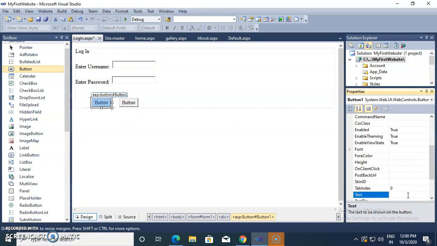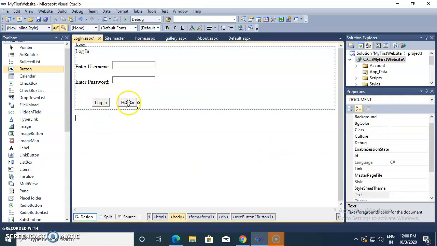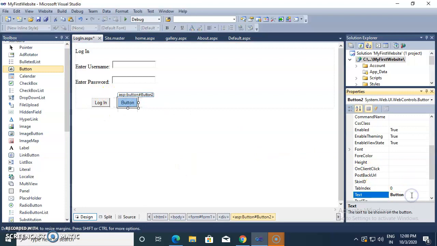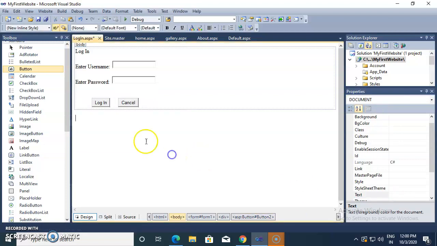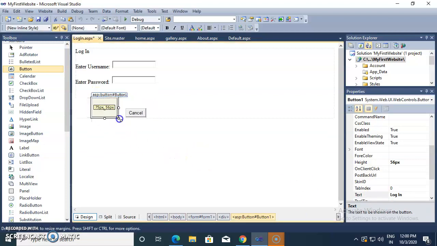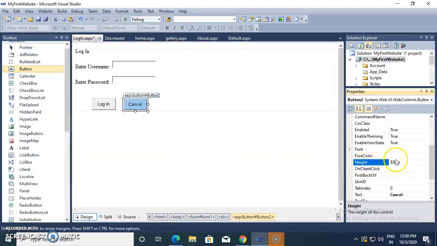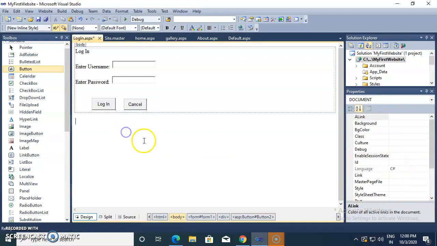I am giving the text property as login, and whatever text you give inside the properties window is displayed on the button. If you want to change the height and width, you may change it like this, or by using properties you may give constant values inside the properties window, height in pixels and width in pixels.